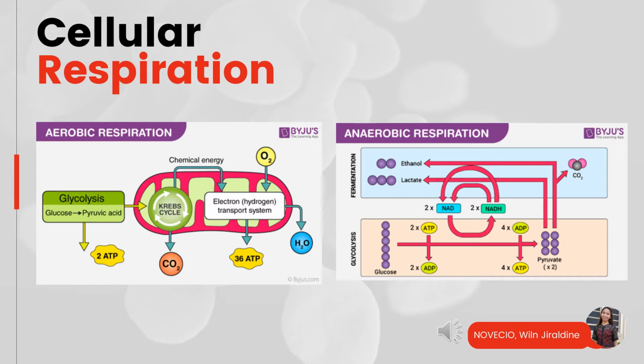Therefore, this type of cellular respiration does not use oxygen to produce energy. Sometimes, there is not enough oxygen around for some organisms to respire, but they still need the energy to survive. Due to lack of oxygen, they carry out respiration in the absence of oxygen to produce the energy they require, which is referred to as anaerobic respiration.